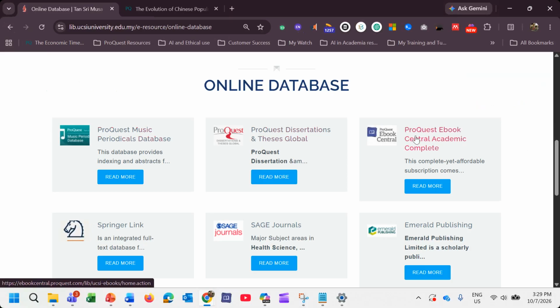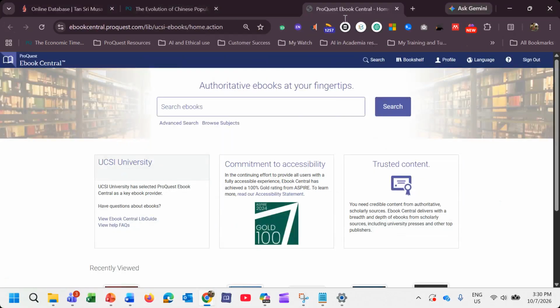Okay, now whenever you click this, you will come to this page on eBook Central. Okay, can you see this? Have you accessed the eBook Central platform before this? Has anyone accessed the ebook collection? If you have access, say yes in the chat box. If you have not, say no in the chat box.